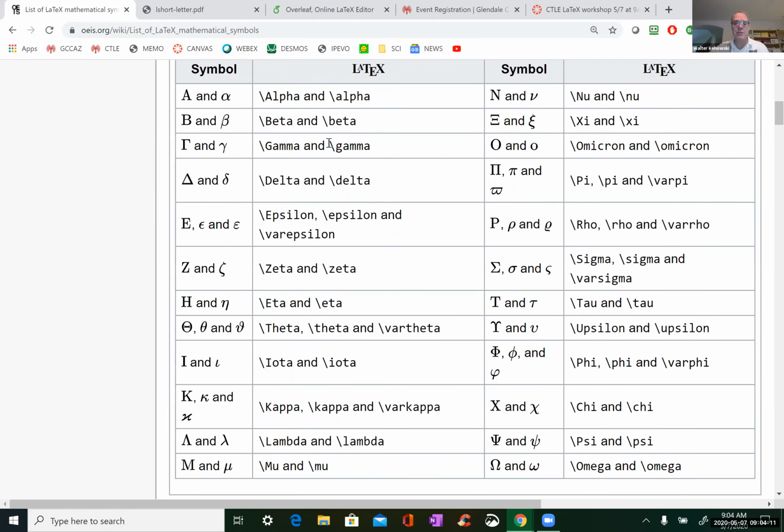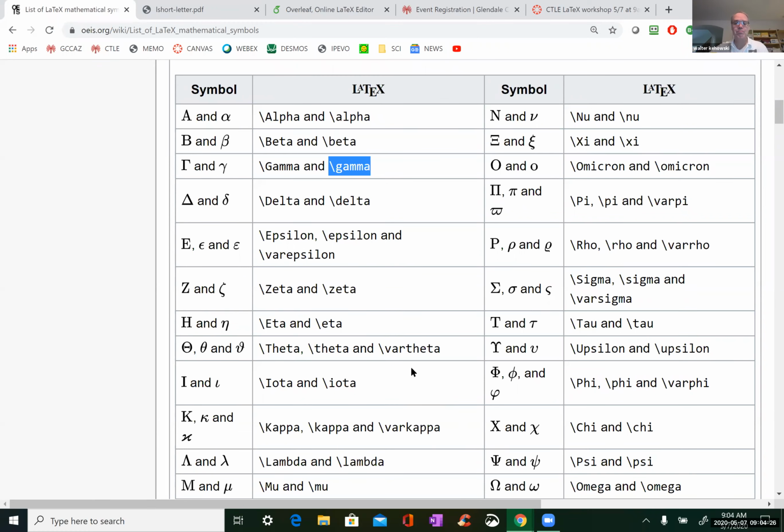The basic idea is if you enter, for example, this command here, gamma, you will get this Greek letter gamma, capital and lowercase. And you can see you have all the Greek letters and all of their variations.